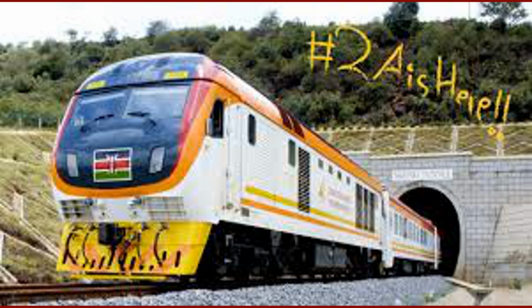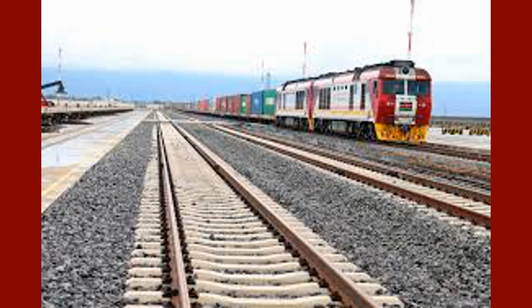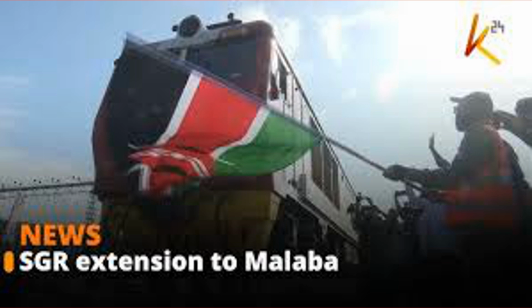This particular extension is part of Kenya's broader goal to make the transport system a more efficient and cost-effective option, helping reduce the reliance on road transport, which can be costly and slow. The extension will also facilitate easier movement of goods to neighboring countries like Uganda, Rwanda, South Sudan, Democratic